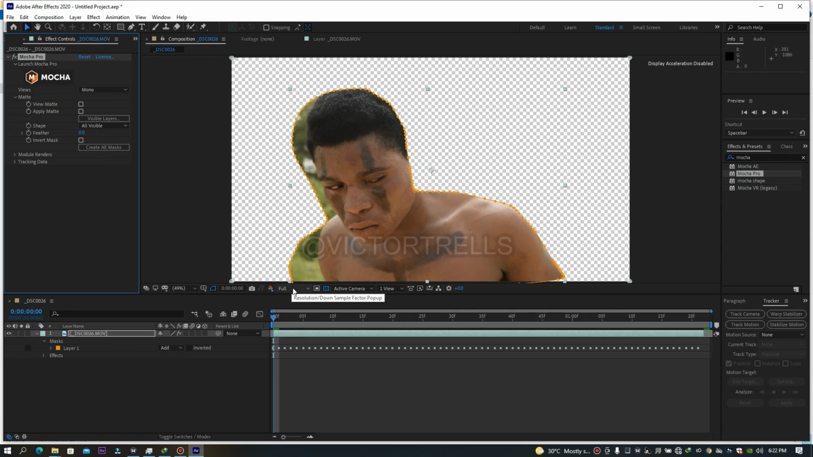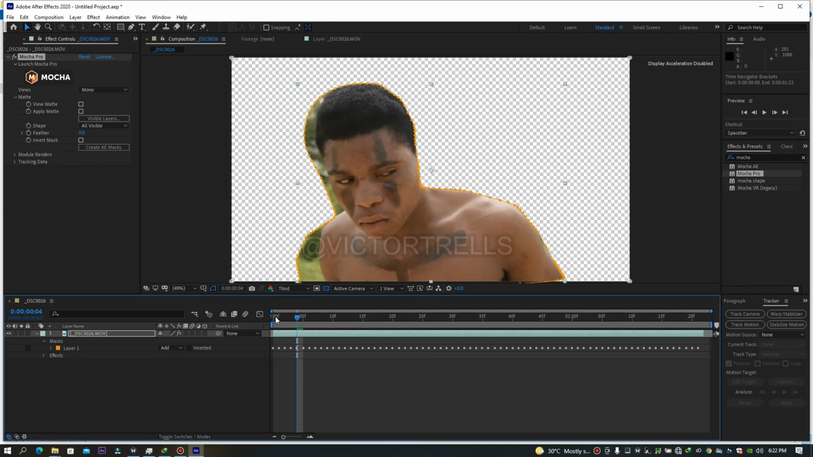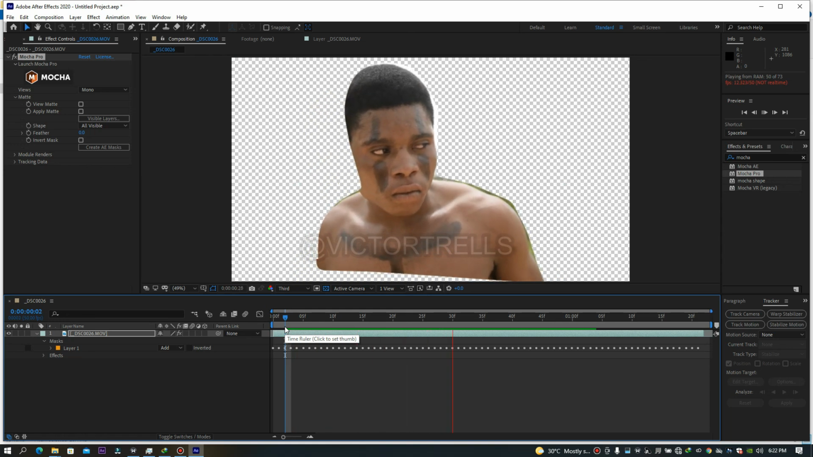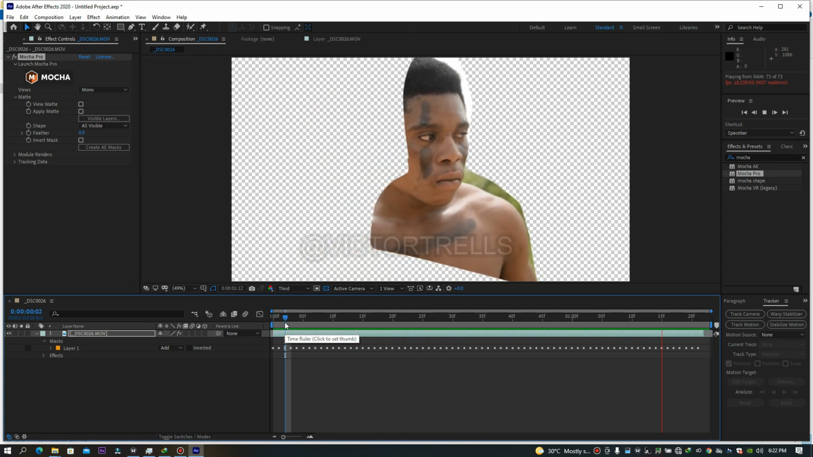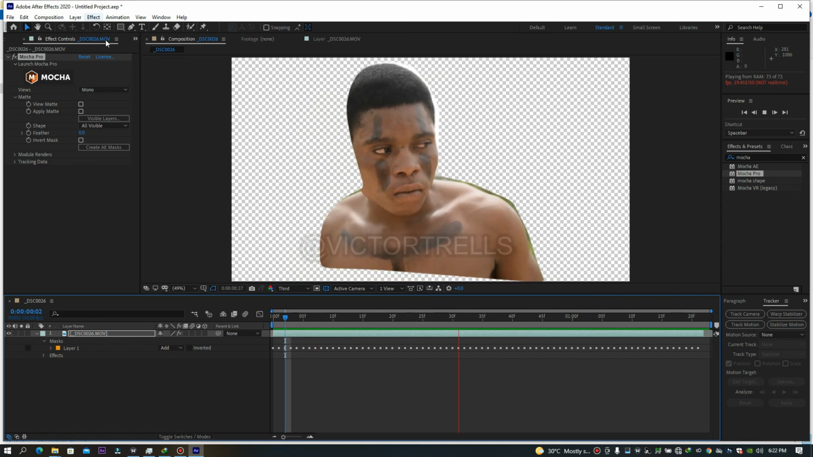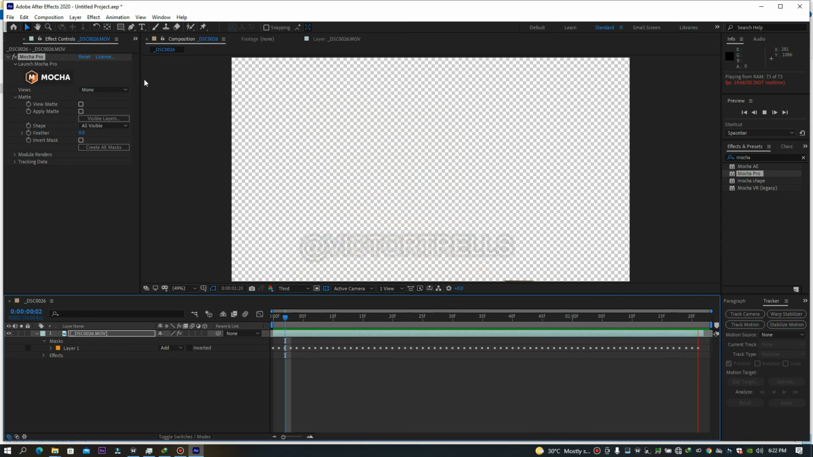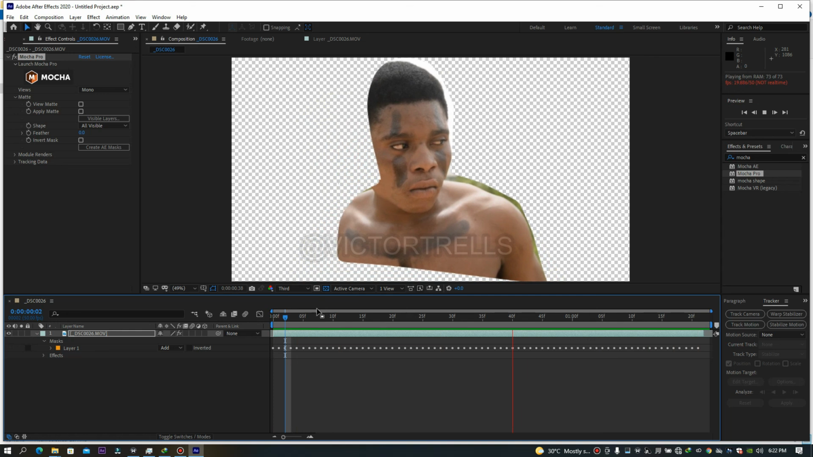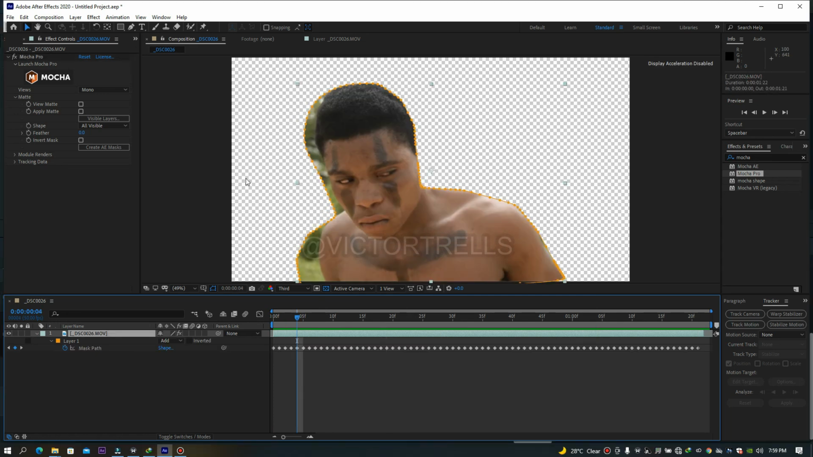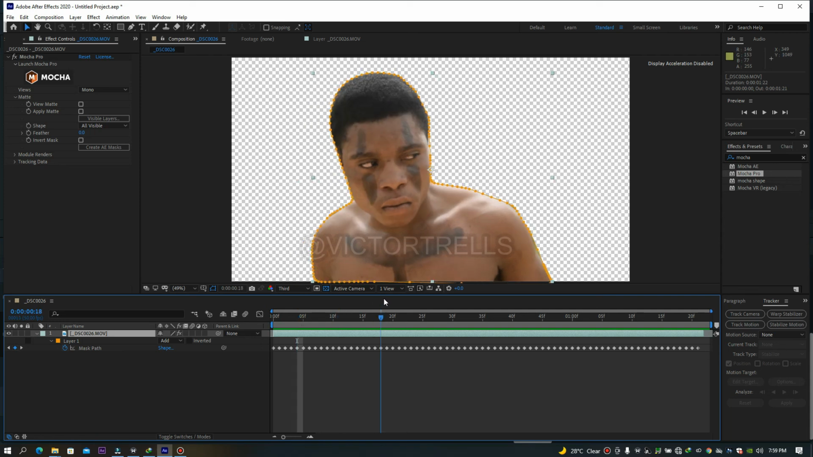So let me take this down first. If I should play this now, you could see it did not do a good tracking job, although it was actually tracking, which is a little bit better than this pen tool because it actually follows the object it's tracking. So basically you can see this is another form of the pen tool. These are actually mask parts. So basically, let's say you got a perfect